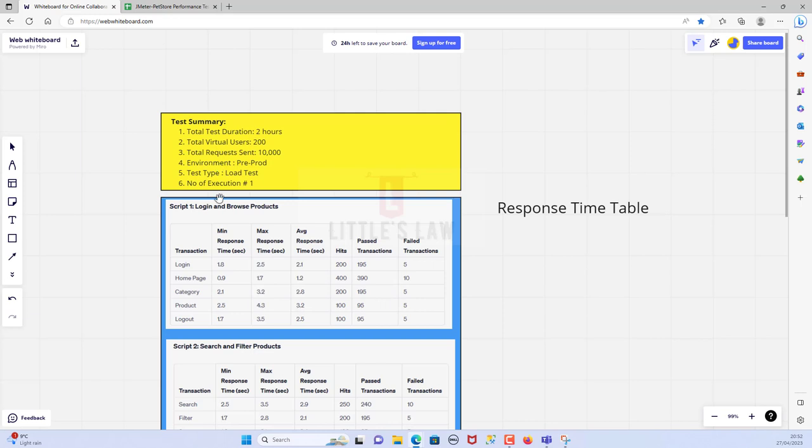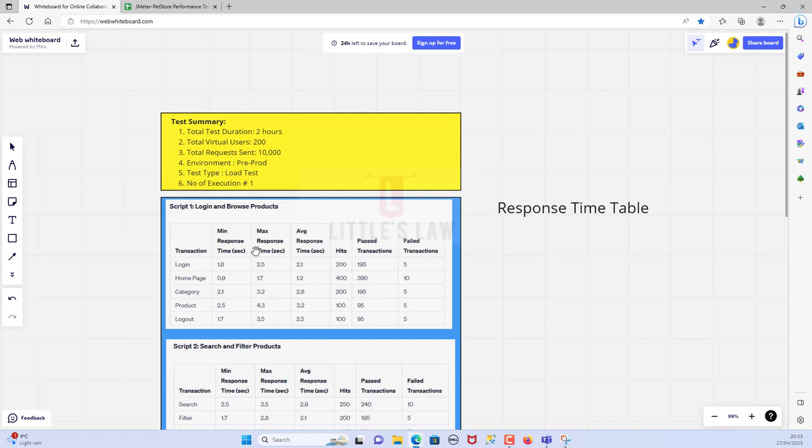And then when it comes to the test type, we have to tell them whether it is a load test, a stress test, or a smoke test, because in most cases we will have to run a smoke test and give them the results like this. So we tell them whether it is a load, stress, spike, or whatever it is. And then when it comes to the execution, usually we will run